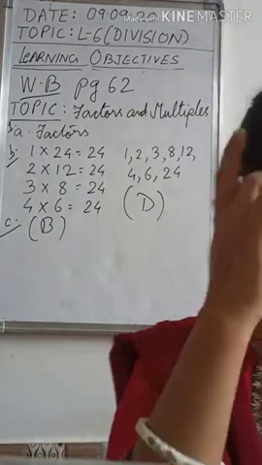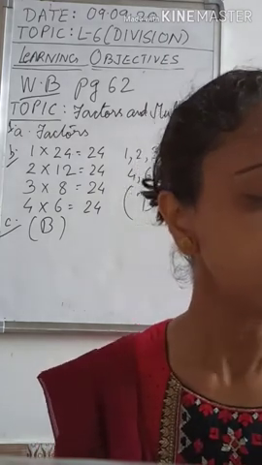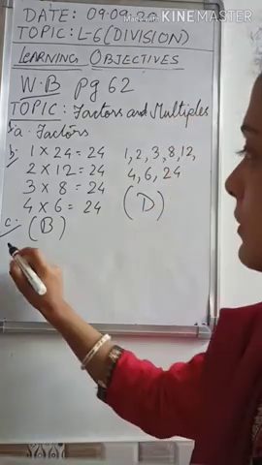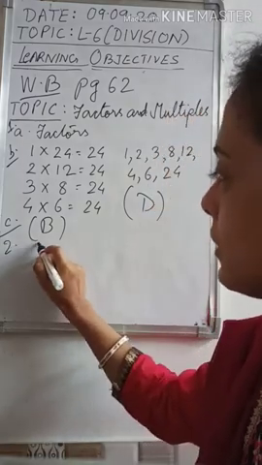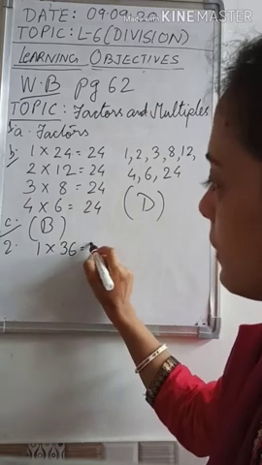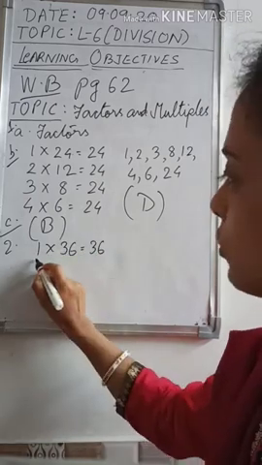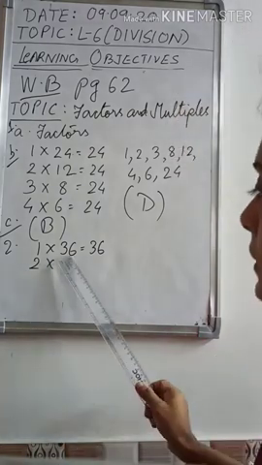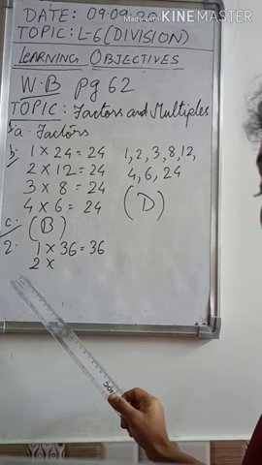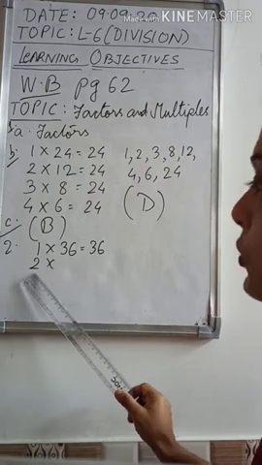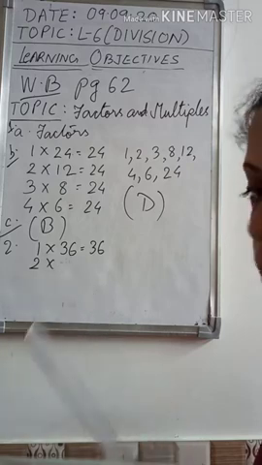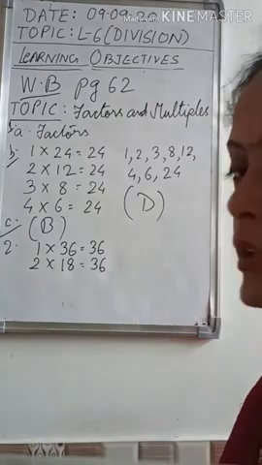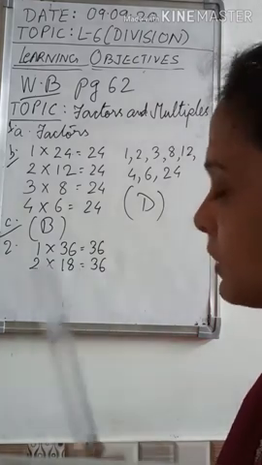Let us come to the next question. I remember and understand multiple choice question. The least of all the factors of 36. So the first factor will be 1 and the number itself. Then 2 also goes. How did we understand it goes by 2? Because 36 has a 6 in the ones place, so it will go by 2. You can divide 36 by 2 to get the other number. So 2 18s are 36. If you know the table of 18, then you can also write 18 2s are 36.